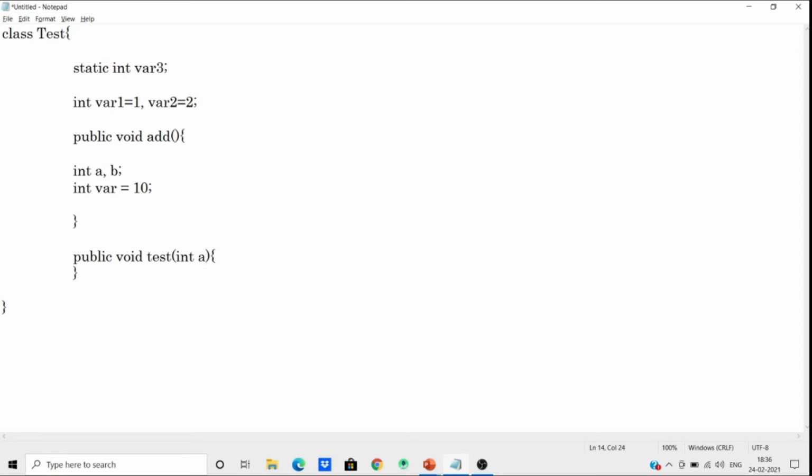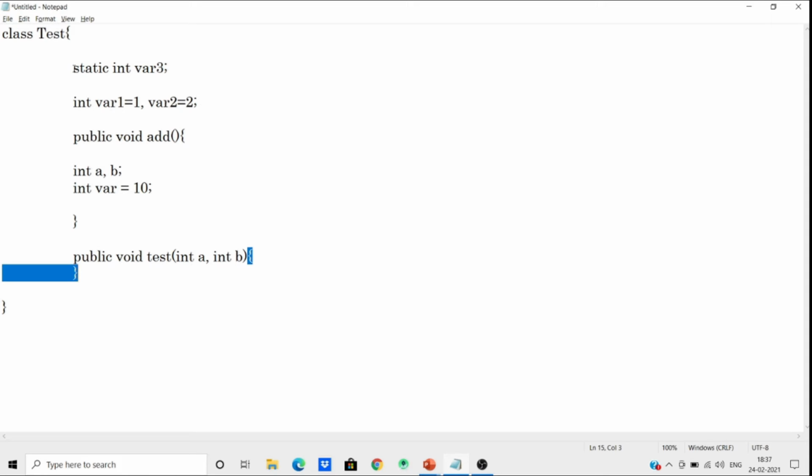If I define a and b within this, then these variables are called parameters. These variables have scope within this block. We cannot access these variables outside this block.